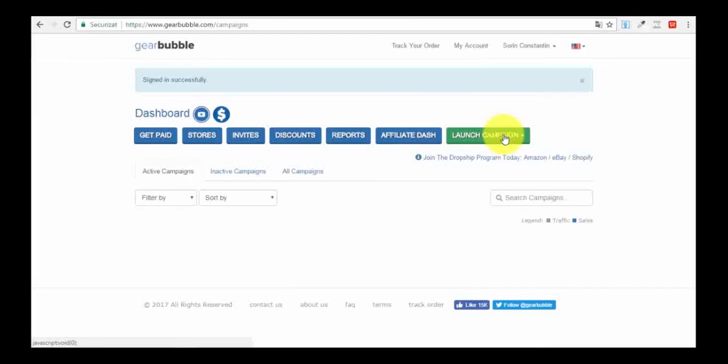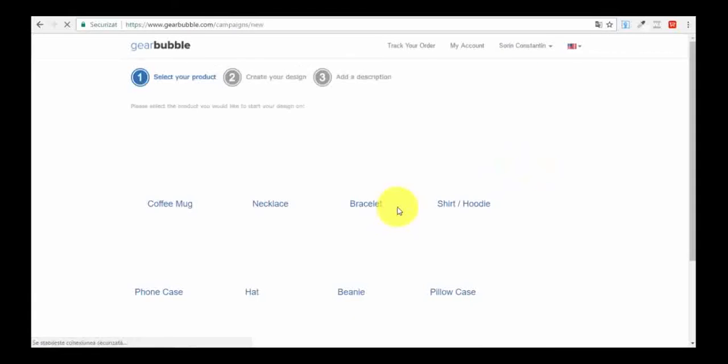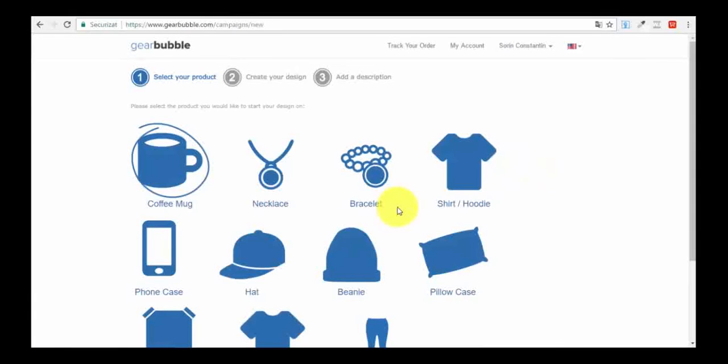Okay, so let's see how we can add our first product. First of all, we go to the launch campaign, we click on this, we have some options: traditional, couple, club, stack, store. We want to go for the traditional one. Okay, and here it is. So the first thing that we have to do is to select our product.